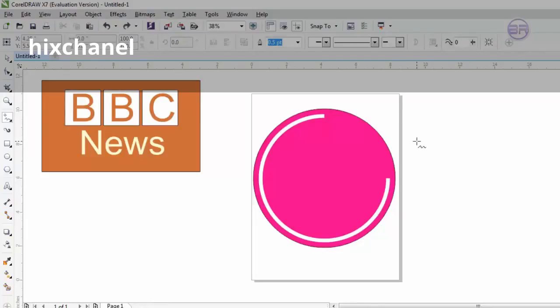Actually my mouse is not working a little bit, so I'm using the laptop to create this tutorial. Sometimes my mouse just gets some problem. Anyways,